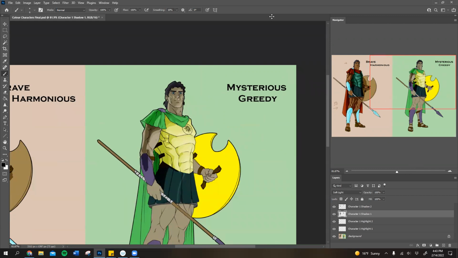Would you rather have dragon-shaped rice or rice-shaped